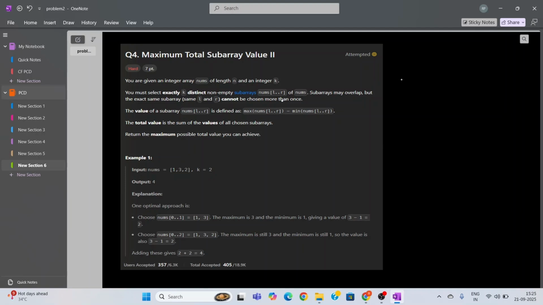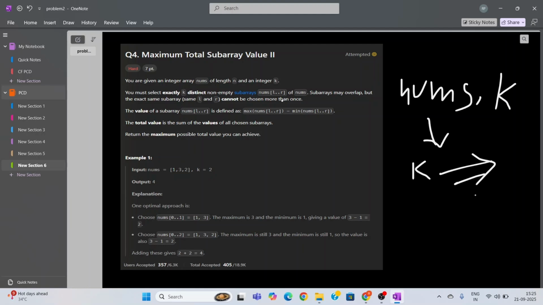Here it says you are given an integer array nums of size n and an integer k, and you need to choose k non-empty subarrays, but all k subarrays should be distinct. In the previous second problem, the subarrays may be equal, but here is the catch: you cannot choose the exact same subarray, and you need to find out